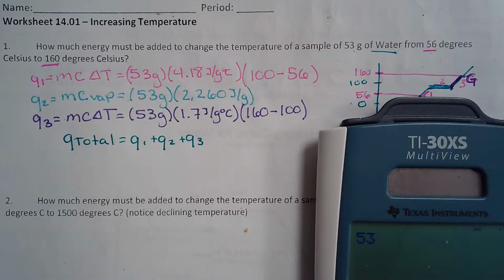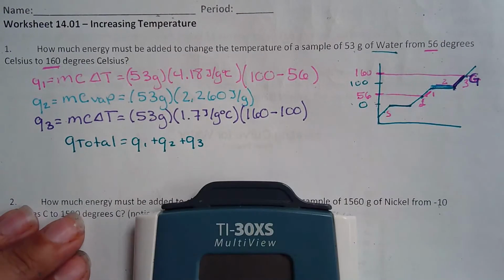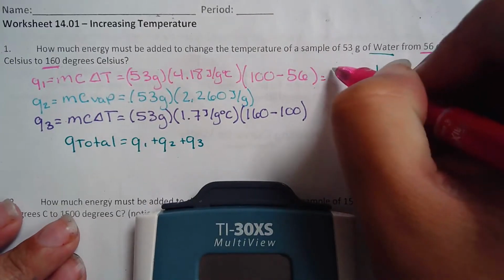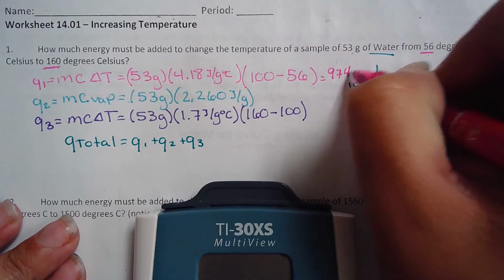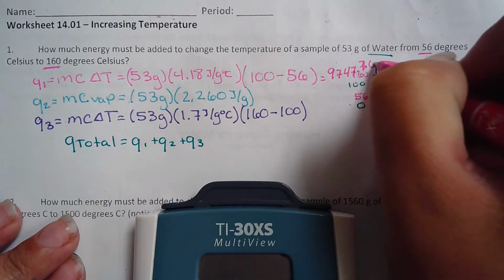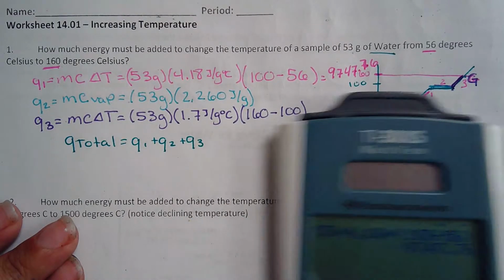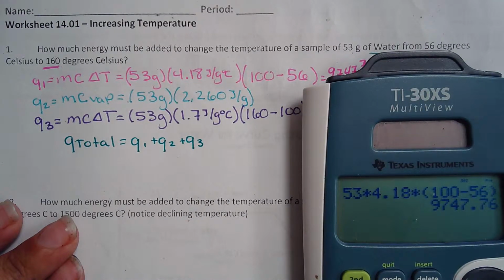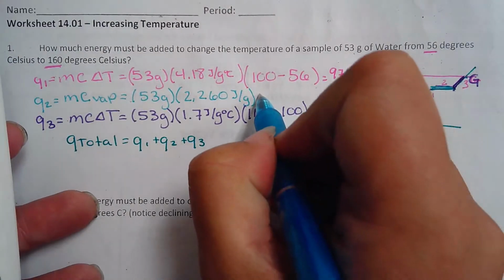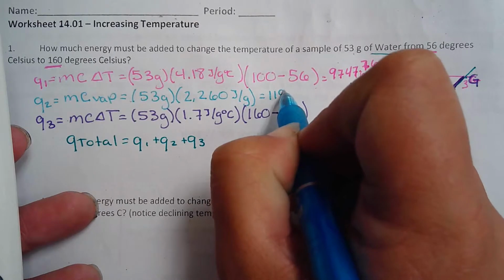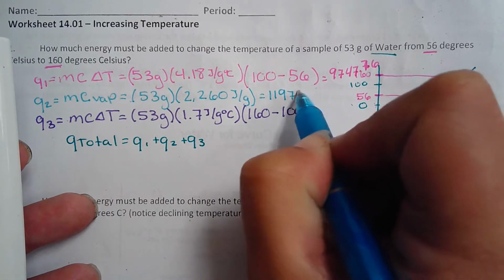53 times 4.18 times 100 minus 56. So Q1 gives you a total of 9,747.76. Q2 is going to be 53 times 2,260, which gives you a Q2 value of 119,780,